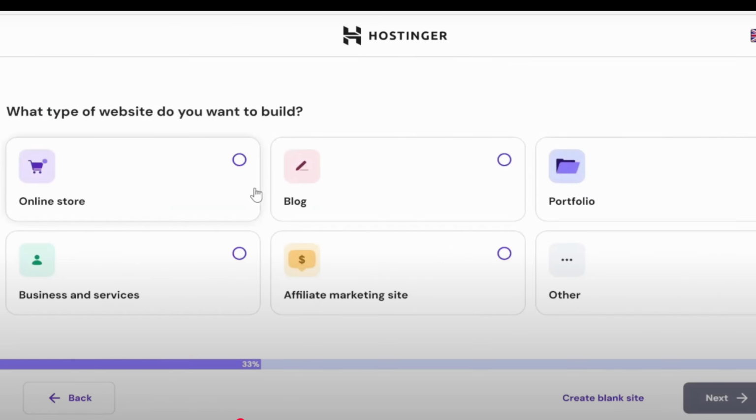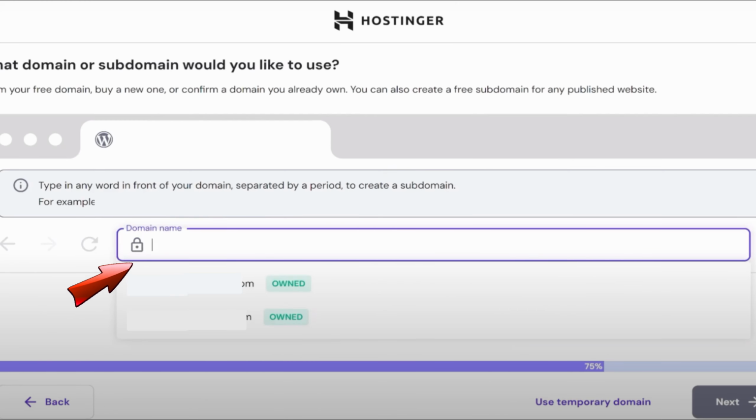the website. And then after that, you need to select what type of website you want to build. For example, online store, blog, everything is up to you. So once you have selected any of these types of website right here, then what you're going to do next